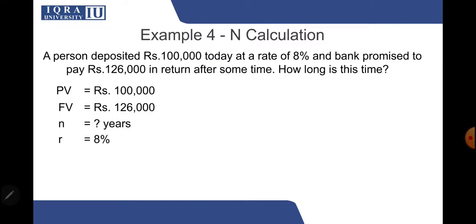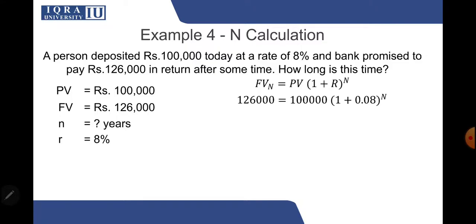So the present and future value we know, and the rate is 8%. It's the same question, and we know that the answer should come to 3 years. But you still need to know the steps, because of course the later questions will be different. So we're going to use this formula, and the first step, like in that case, is to plug in the values. So if you plug in the values, the future value is 126,000,